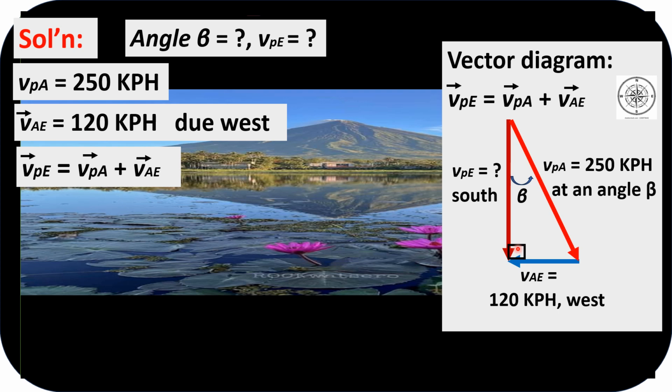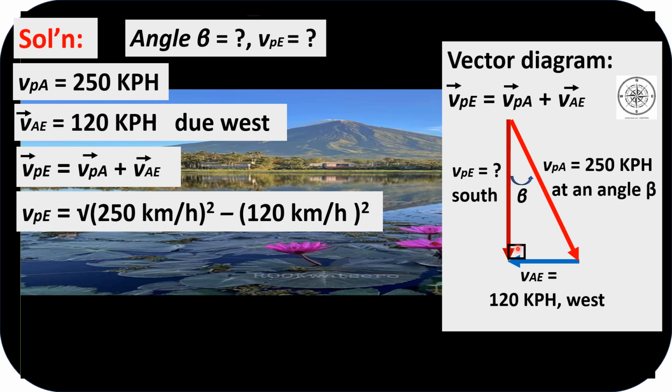So, using the Pythagorean formula, we calculate the magnitude of v PE, which is equal to the square root of 250 kilometers per hour, the magnitude of v sub PA, squared, minus the square of the magnitude of v sub AE, equal to 120 kilometers per hour. The reason why it is minus and not plus is because you will notice that in the diagram,